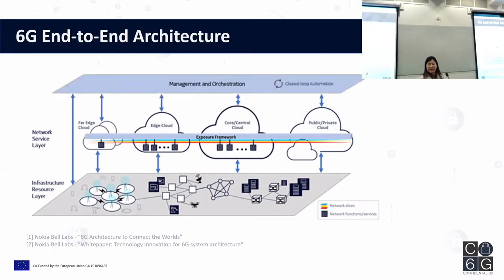On the top layer with the management and orchestrations, the 6G network will definitely be integrated with the emerging AI and new hardware components. So with all these developments and the components that are involved in 6G, the 6G security and privacy design would definitely require a new regime. That's why I'm here to present to you the new future for the security and privacy solutions in this kind of architecture.